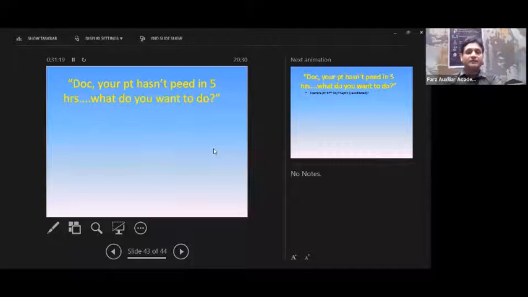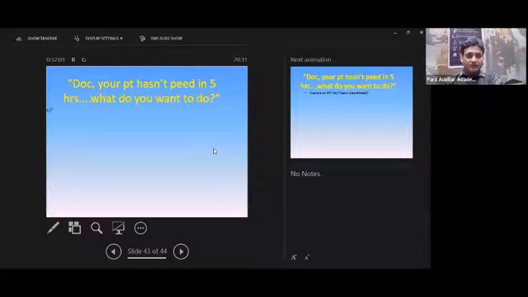Now, a common situation: patients who have been admitted and the staff calls us, your patient has not passed any urine in the last 4 or 5 hours, so what should we do? This is a common question we generally get, either as nephrologist or in critical care. So first I will check whether the patient's bladder is full or not, by suprapubic tenderness or suprapubic fullness. If the patient is catheterized, then I ask them to do catheter flushing or see if the catheter is blocked or not.